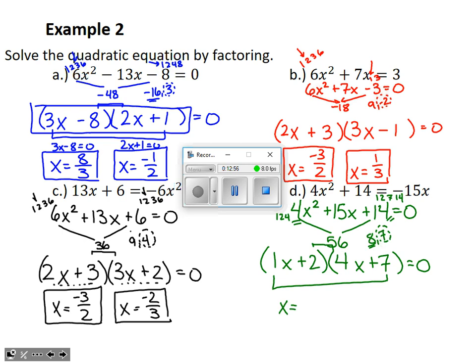Let's grab the solutions out of that. For the first factor, I would just subtract 2 from both sides and I'd be done. So x equals negative 2 is one of those solutions. And if this second factor were set equal to 0, I would subtract 7 and divide by 4. That's how I would solve for x. Negative 7 divided by 4. Negative 7/4 is that answer.